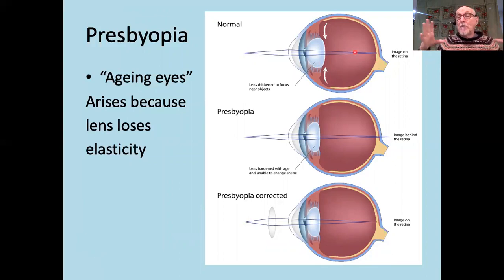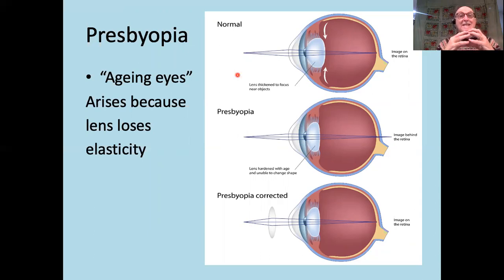And so throughout your whole life, this lens is springing back and forth and back and forth and back and forth. And after a while, it starts to age. The proteins start to lose their elasticity. And by the age, usually around about 40, the lens loses its ability to rebound completely to its spherical shape.